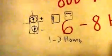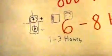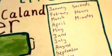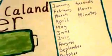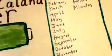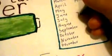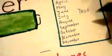But so far as for the battery pack, you have it to where the calendar right here is 12 months out of a year, plus the seconds and the hours and then the minutes. So far as for that perfect battery charge, it's to test the batteries. And it's possible that if you were to get a battery tester, a lot of times it may be recommended at least